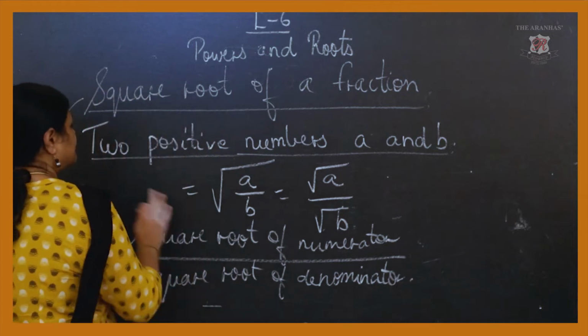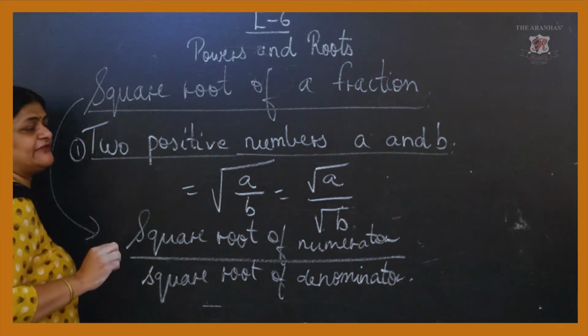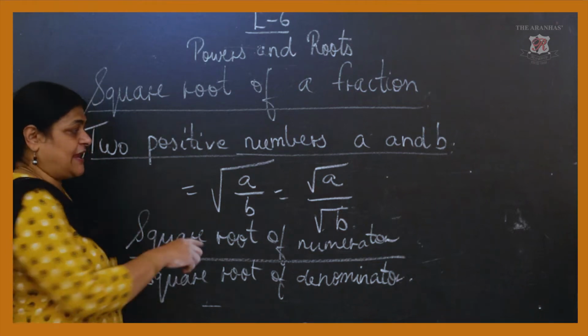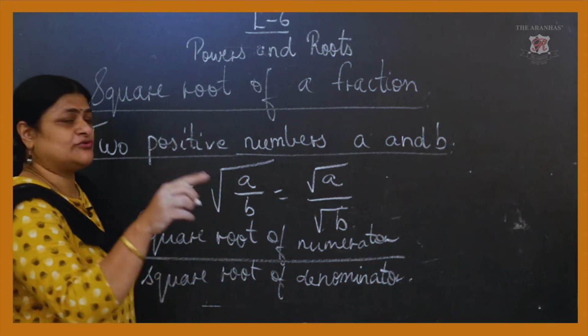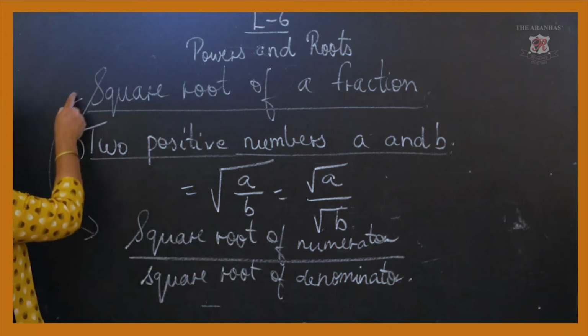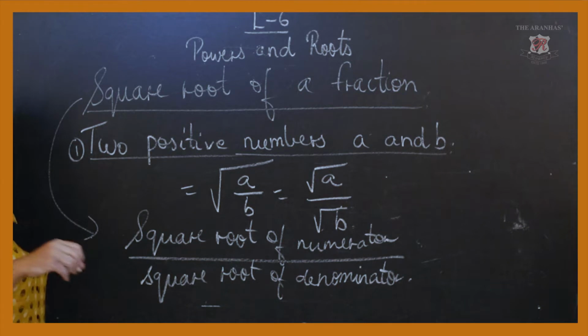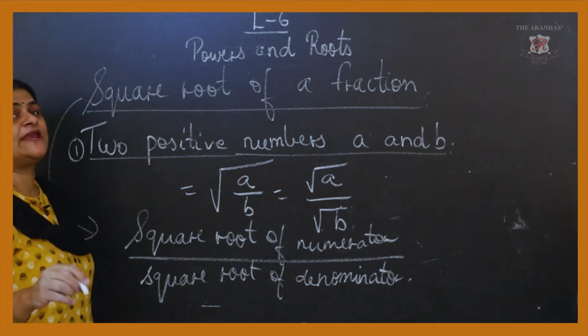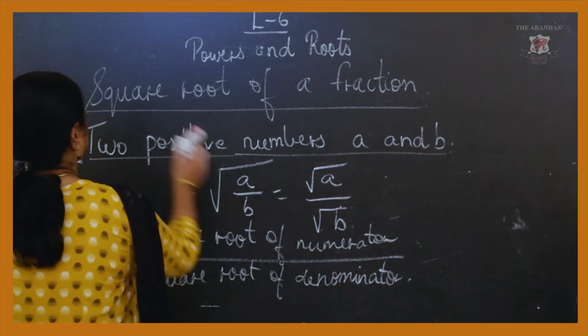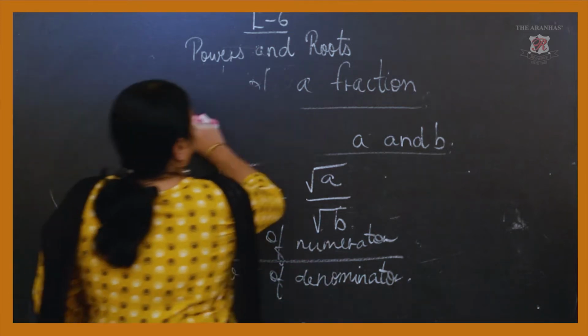Okay, now the first one what we had done, two positive numbers A and B, that is how we are going to write root A upon B, that is equal to root A upon root B. When we are coming to the square root of a fraction, your formula is square root of the numerator divided by the square root of the denominator. Okay, now